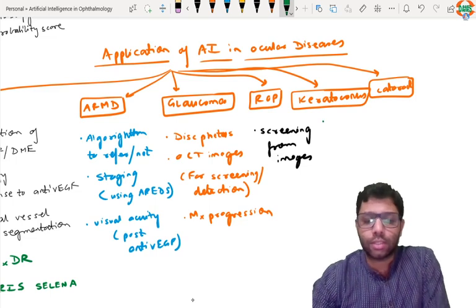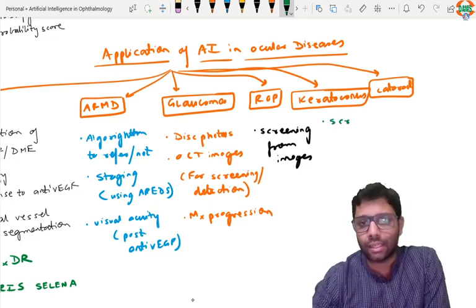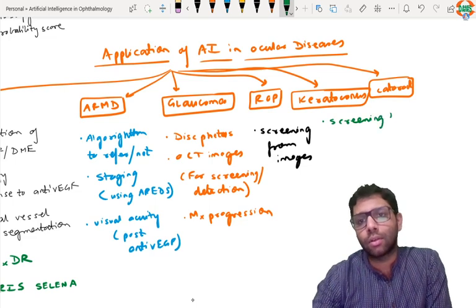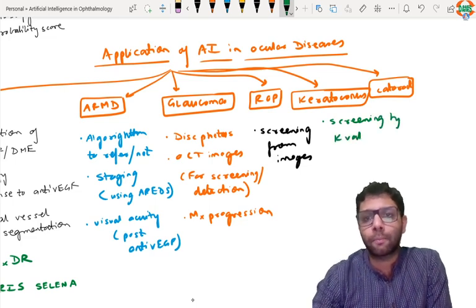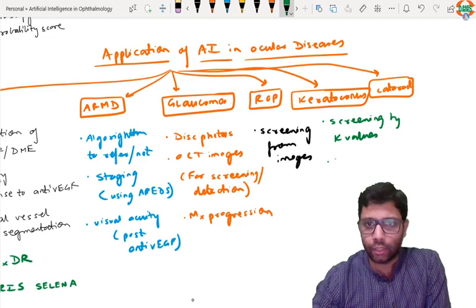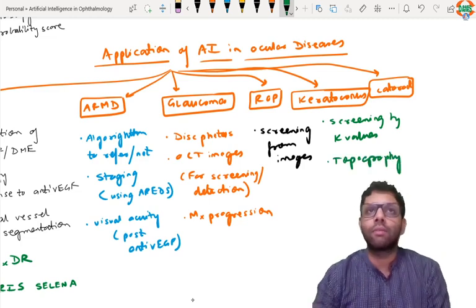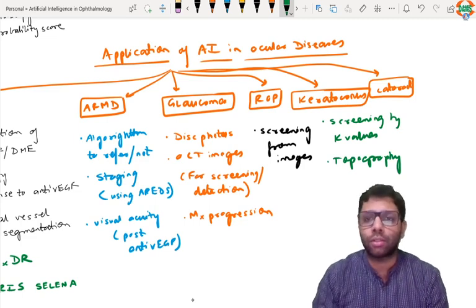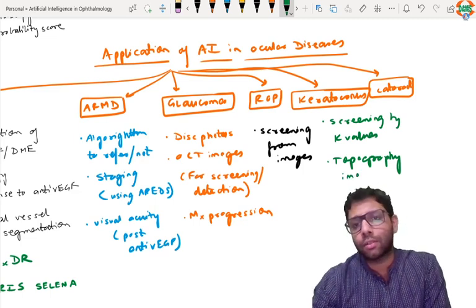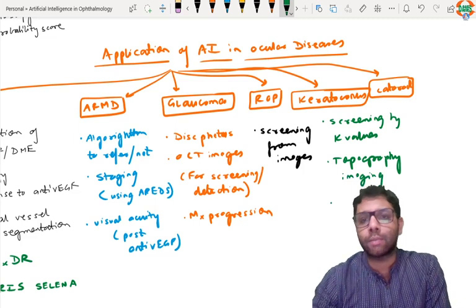Now, what is coming up is keratoconus. Now, keratoconus screening is done by K values. Okay, and then topography pentagram images are also being provided nowadays in some machines which are coming up. Not recently, they have not approved some, so that's why I'm not telling. They are in the pipeline. So topography imaging analysis can be done by the AI machine,